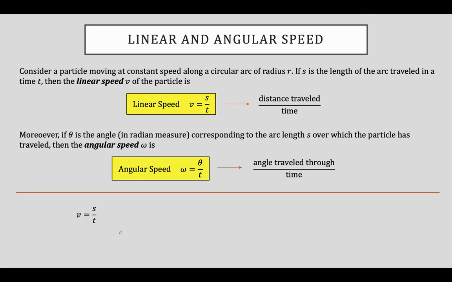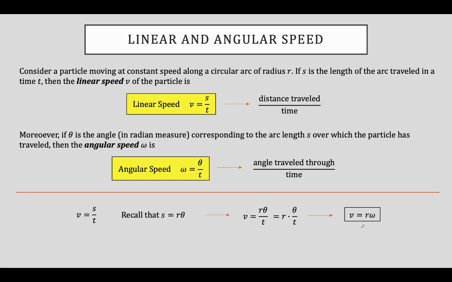Let's do a little bit of manipulation real quick. We have v, our linear speed, equal to s over t. Recall that s, the arc length, can be written as r times theta. That was our arc length equation. Let's substitute that in. That means v is equal to r theta divided by t, which is the same thing as r times theta over t. Well, theta over t, as we see just above, is equal to omega,